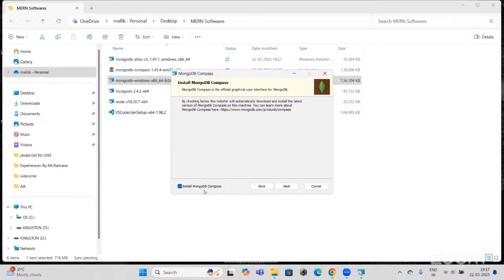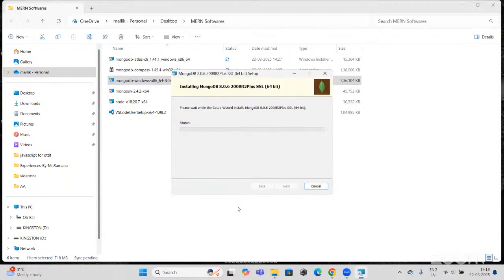The client component is MongoDB Compass. To avoid the complexity of one more installation step, here check this checkbox at the left side at the bottom: install MongoDB Compass along with this MongoDB community server. Click on this. Next,